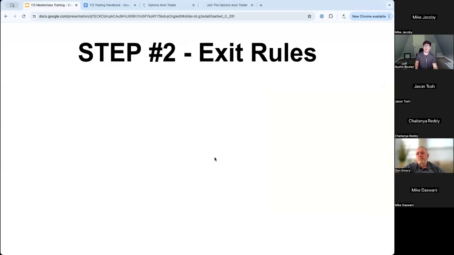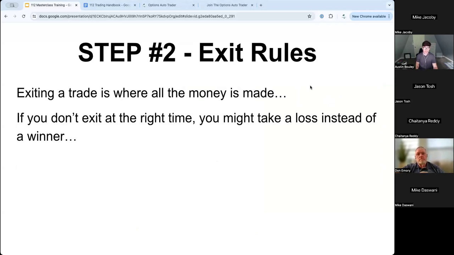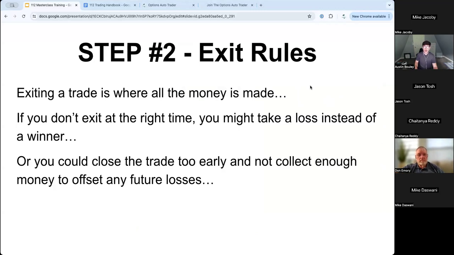All right, next, let's talk about exit rules. We talked about how to enter, how to structure it, and what each one means. Let's dive into exits. Exiting a trade is where all the money is made. Again, when you enter, you collect credit, but if you don't exit the right way, that's how you actually actualize your profit. So if you don't exit at the right time, you might take a loss instead of a winner, which we don't want, or you could close a trade too early and not collect enough money to offset any